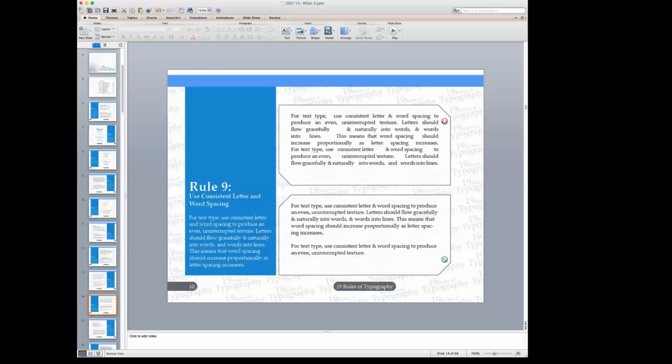All right, rule 9. So you want to use consistent letter and word spacing. Simply put, for text type, you want to use consistent letter and word spacing to produce an even, uninterrupted texture. Now, if you'll look at the example at the top, what visual difference do you see between these two examples?